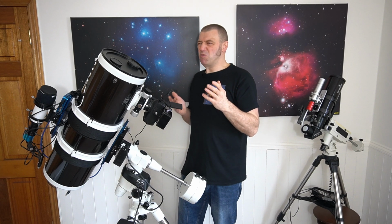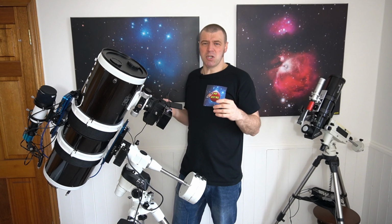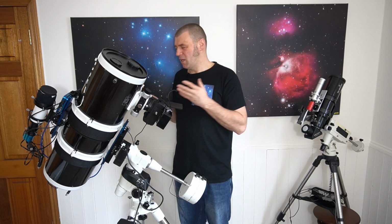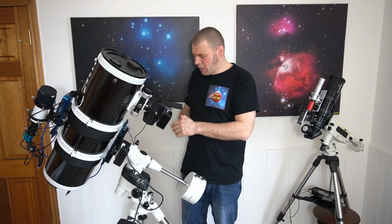But if you're not bothered about coma, then what's the point, right? If you're not concerned about the stars being pinpoint, then who cares? This Quattro will deliver some outstanding images without a doubt. But there is one key issue,